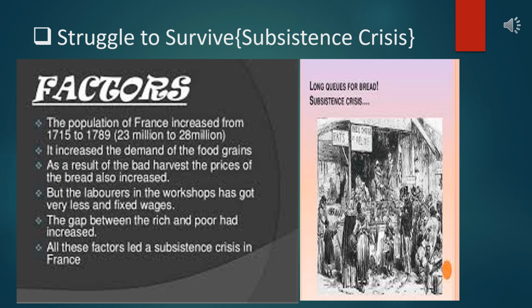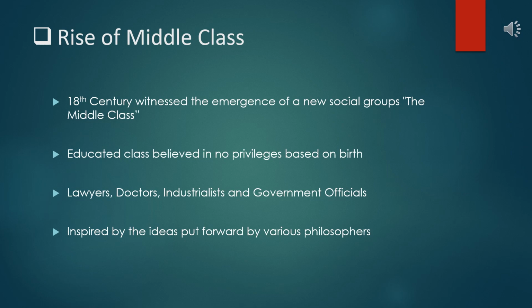And so, people who were already poor and paid all the taxes, you can understand whom I am talking about, the people of the third estate, found it very difficult to afford bread and butter at high prices. To change the situation of subsistence crisis in France, the middle class of society came forward, mainly doctors, lawyers, industrialists, and government officials. They believed in new ideas and education. They had only one single motive: to establish equality and freedom in France.